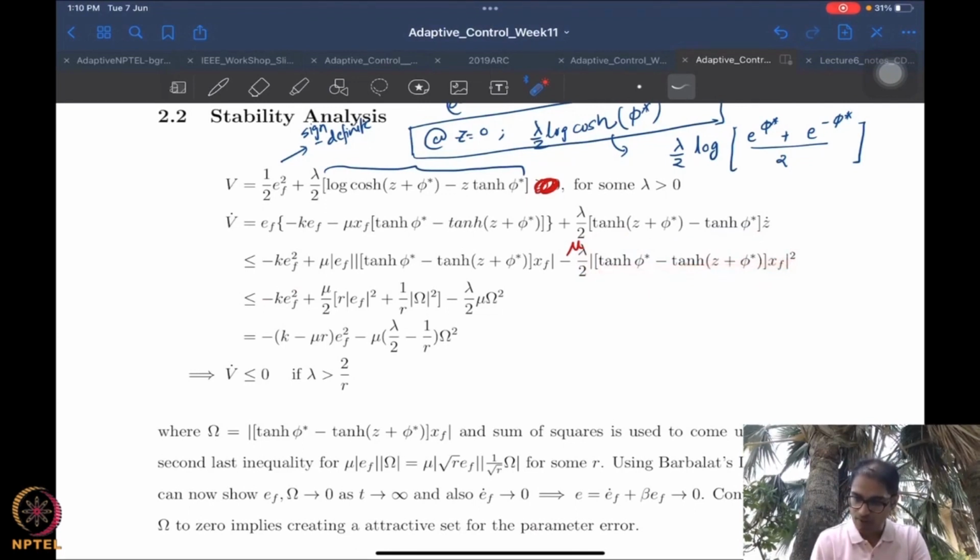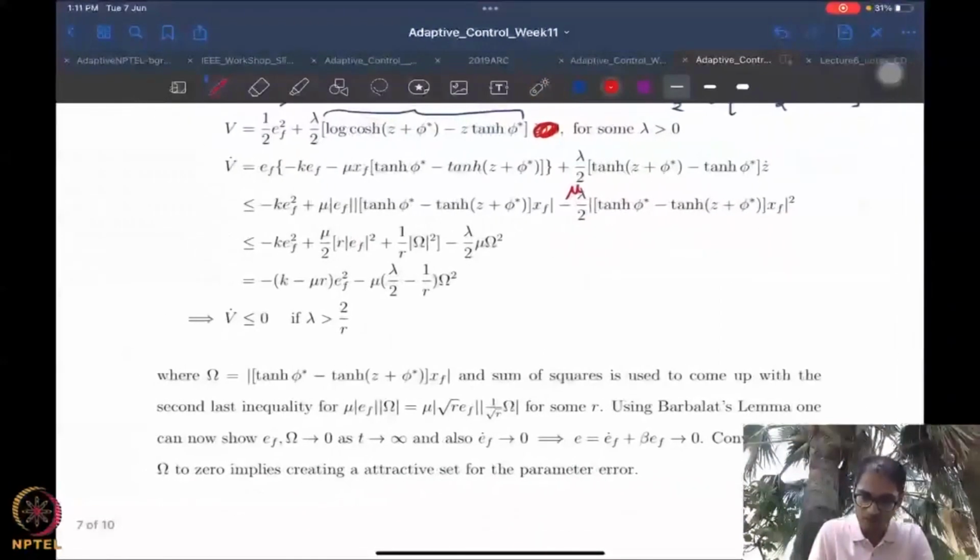So I'm going to call this term omega. In fact, this whole term is omega. That's what we do here. And so you have minus kf square minus lambda by 2 mu cap omega square. And then this term can be written using a sum of squares as mu by 2 times ef squared with some gain r. What I'm using here is that